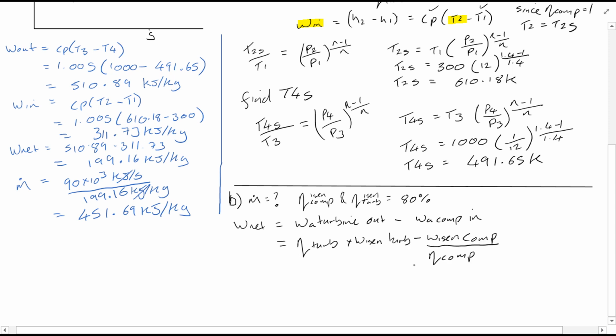now remember that an inefficient turbine will always produce less output, hence this term here, and an inefficient compressor requires more work input, hence this here. So just bear this in mind when you put this equation together, and that'll help you get it in the right order. A natural check at the end is that you're going to need a higher mass flow rate coming through that engine because you are taking into account these efficiencies. So a higher mass flow rate to produce the same amount of power. So W net out is equal to